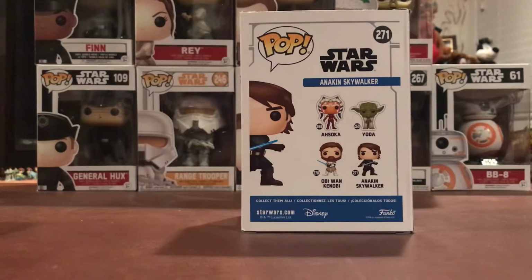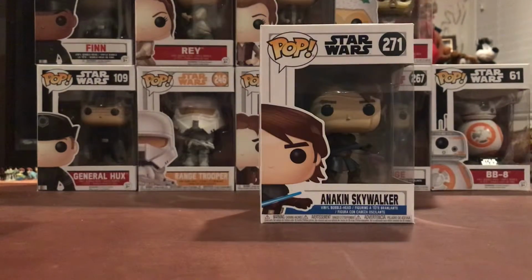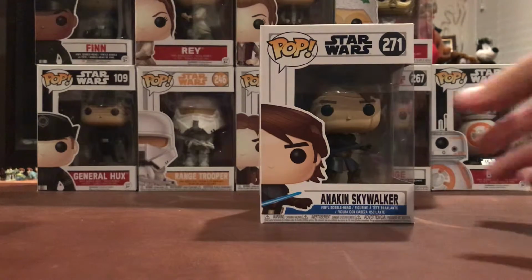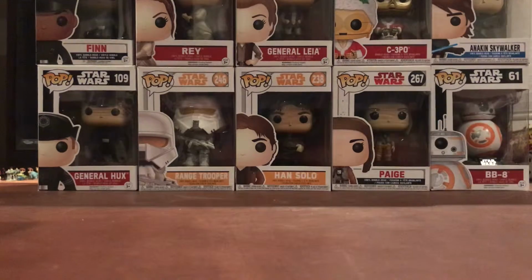Even going to certain collectible stores, they don't seem to have him. And one day I want the younger Obi-Wan Kenobi. I don't want the old one. Just like I don't really want the old Luke Skywalker when he looks like an old, decrepit old man. I would prefer the younger Luke Skywalker. But one day. Next up, I'm going to do the only 3 gold or galactic convention exclusive ones that I